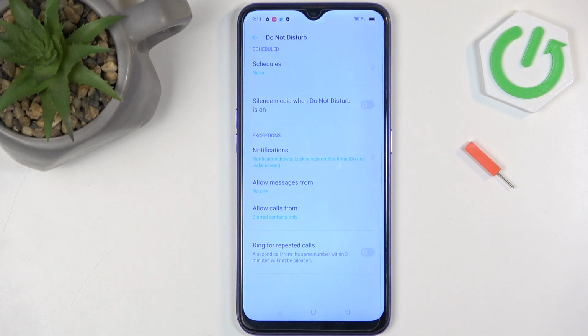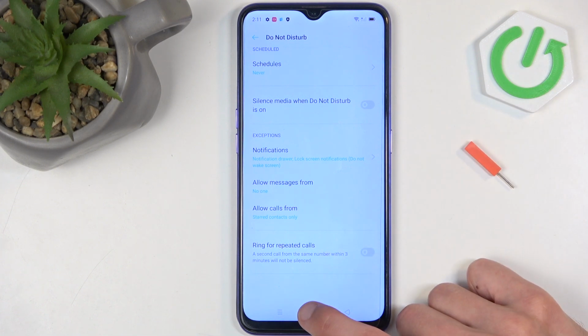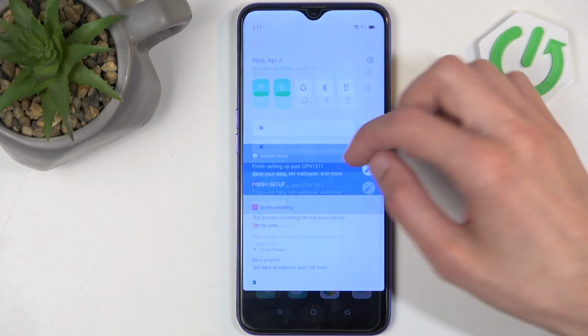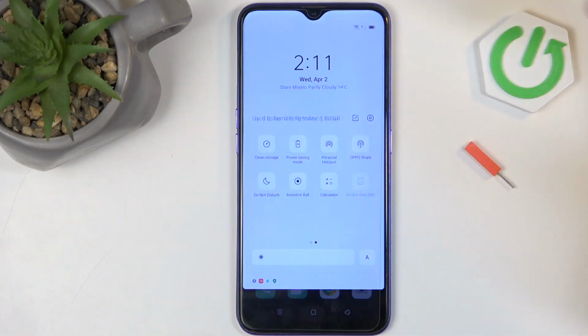Additionally, in here you can also select a fully automatic schedule, so you don't need to tap on the toggle yourself. The device will turn it on and off for you at a specified day of the week and start and end time. But for the manual usage, once it's set up, you can just find the toggle, tap on